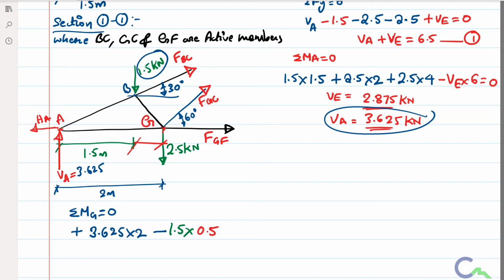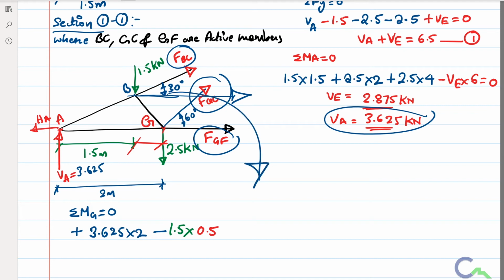So I considered 1.5 kilonewton. If I consider FGF, it is acting exactly on G, and FGC is also acting exactly on G. Now for the other two forces, I have to consider the horizontal component of FBC. If I resolve FBC in the horizontal direction, it is going to move in the positive direction. If I apply moments about G, it is going to rotate G in clockwise direction. Therefore I will take plus